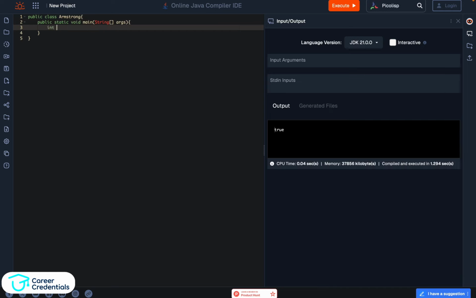Now we have to create some integers. What exactly do we have to create? We have to create a num integer where we will take the number 153. We have to create a sum integer where we will add the cubed digits of 153. Let us initialize it as 0, and let us take a temporary variable to perform manipulation on this integer,